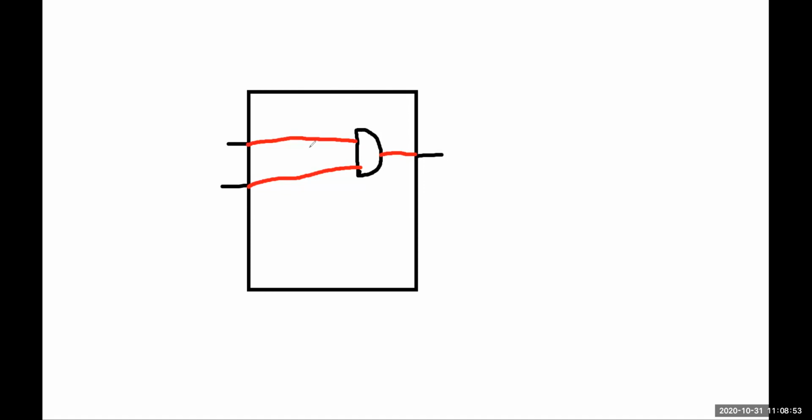Previously, these connections were not there. When you buy the IC, these connections are not there. Now you make the connection, and this whole IC will work like an AND gate. But when you buy the IC, you didn't know what type of work you are going to do with this. You do not know whether it will work like an AND gate or like something else.